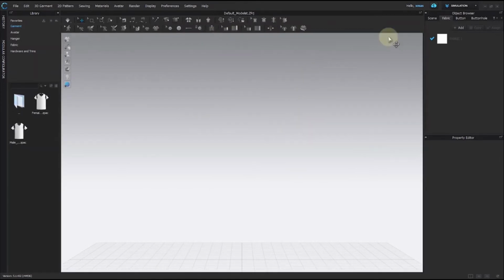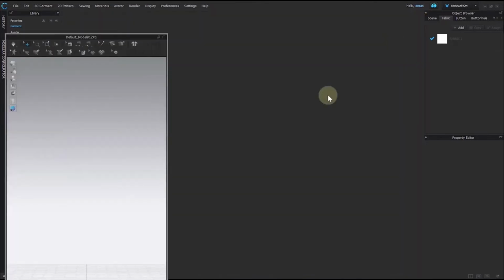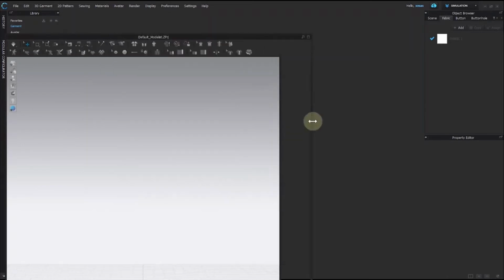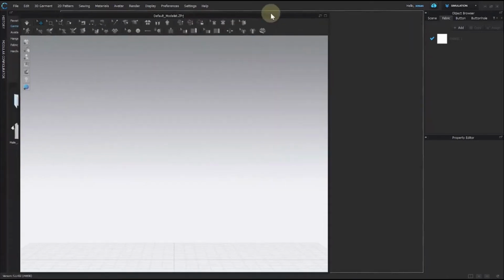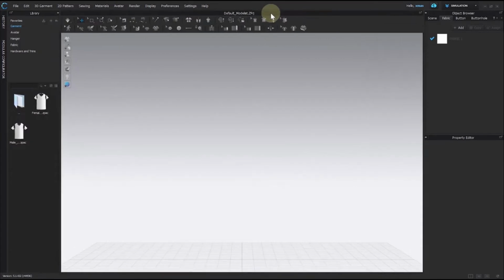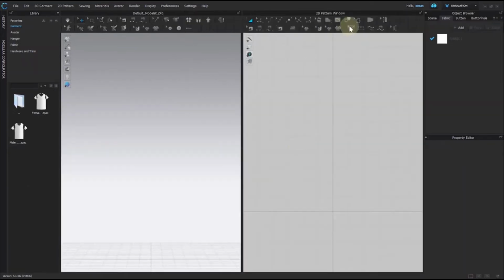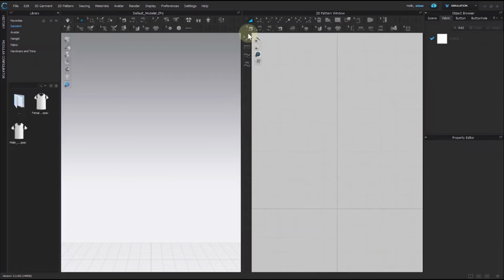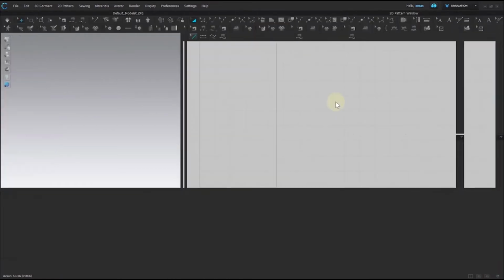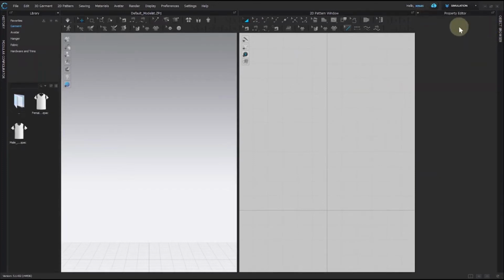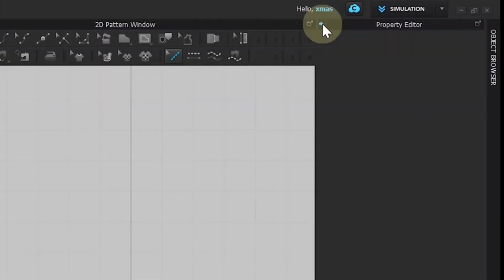You can detach your window too, like this. With this small option, you can set its size small or big as you want. And if you move it upward, it will attach itself. Similarly, in the 2D window, you have the same options related to resetting the tools and window. Reset this. We can collapse these side windows as well by clicking this little arrow.